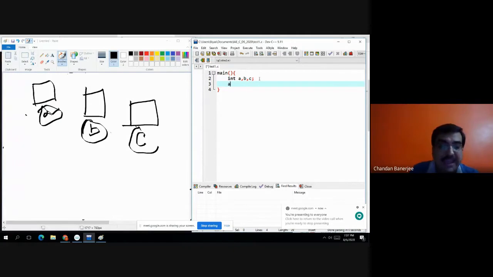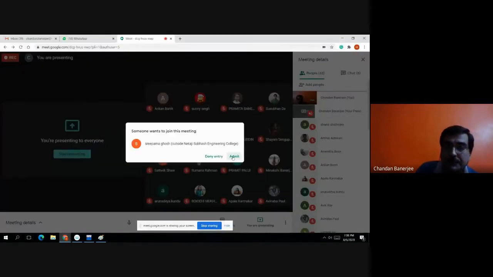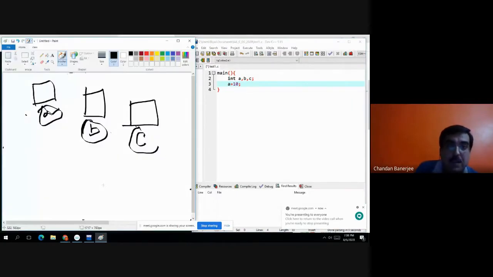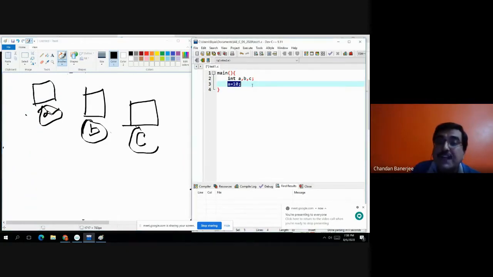On the right hand side, a equals 10. What does it mean? It means we are assigning 10 within a. Here I am highlighting the portion: a equals 10.